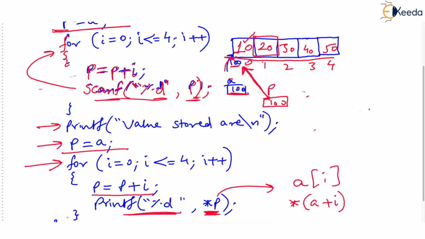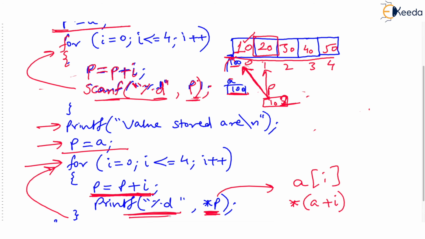Now, if you think that this for loop is repeating, just try. i will become 1. So what will this mean? P should change. P is not a constant pointer. P can change. P is an ordinary pointer. So p becomes p plus 1 because i is 1. If p becomes p plus 1, then p is going to point to the next integer. So p might store address 102 now. If every integer consumes 2 bytes, then adding 1 to p will increase it by 2 bytes.